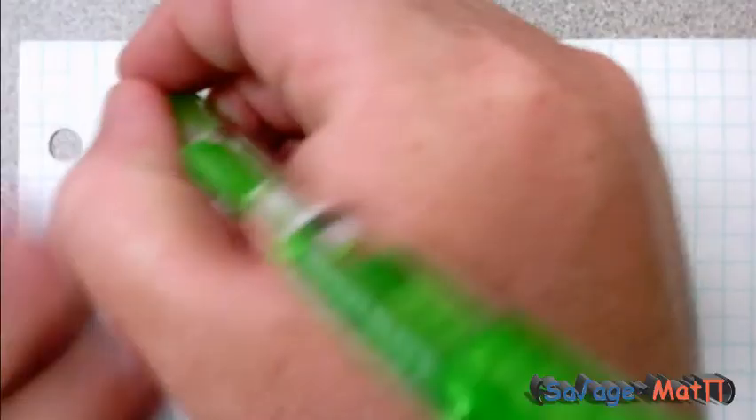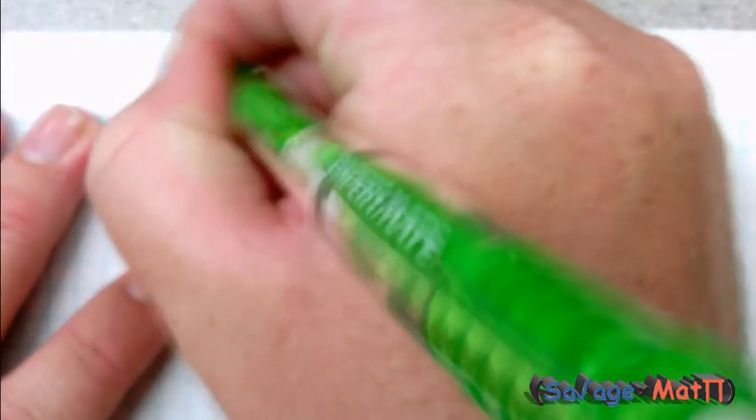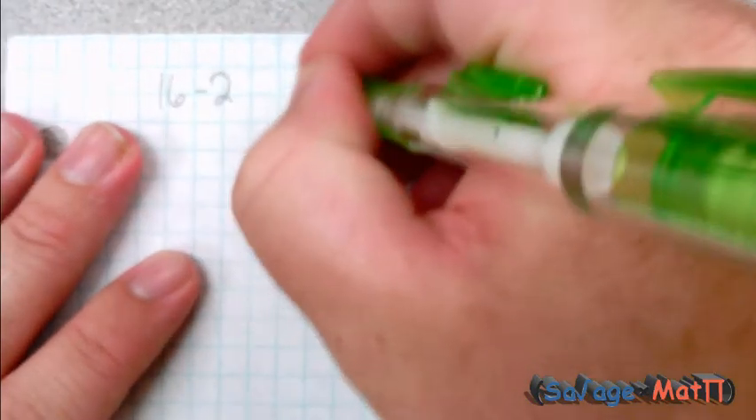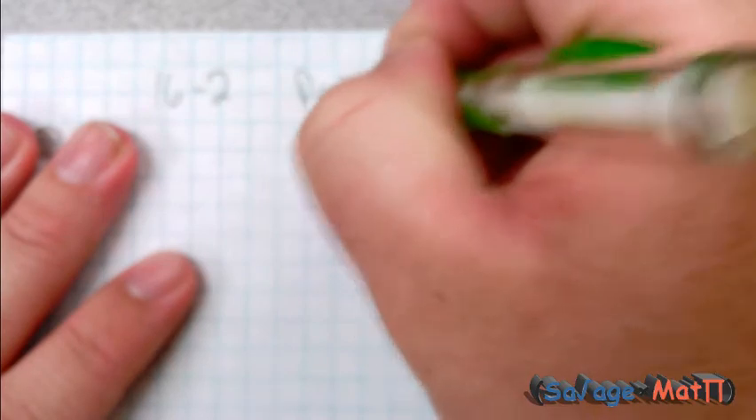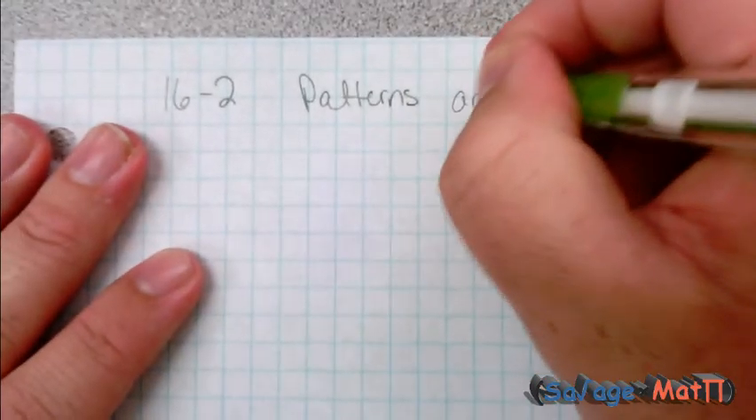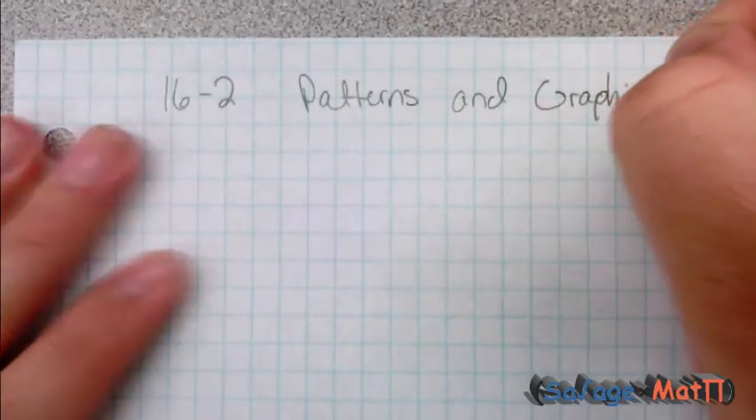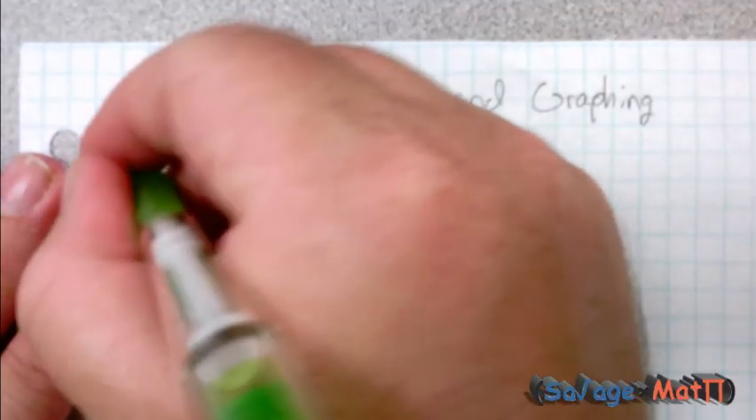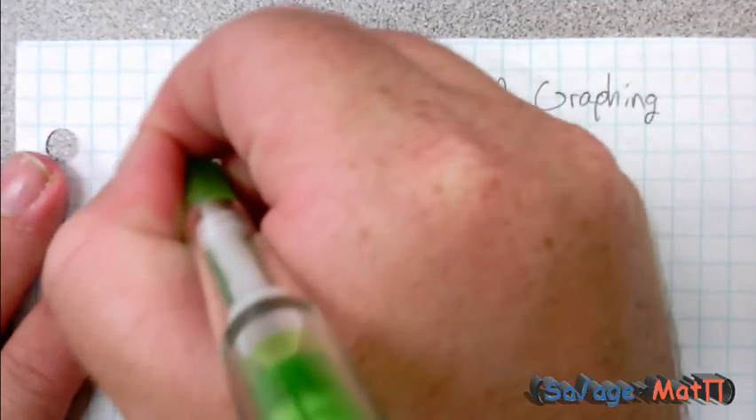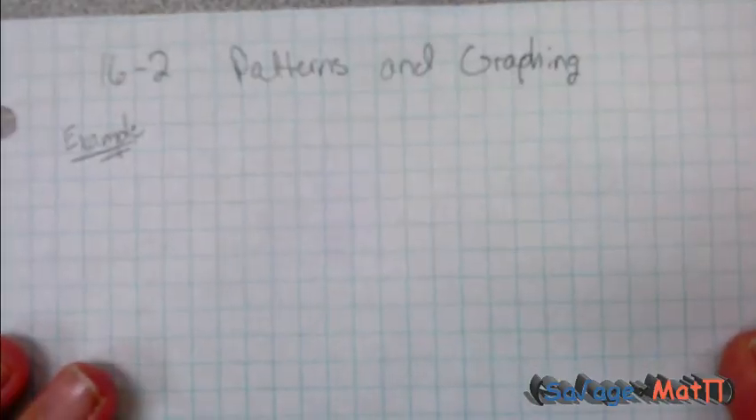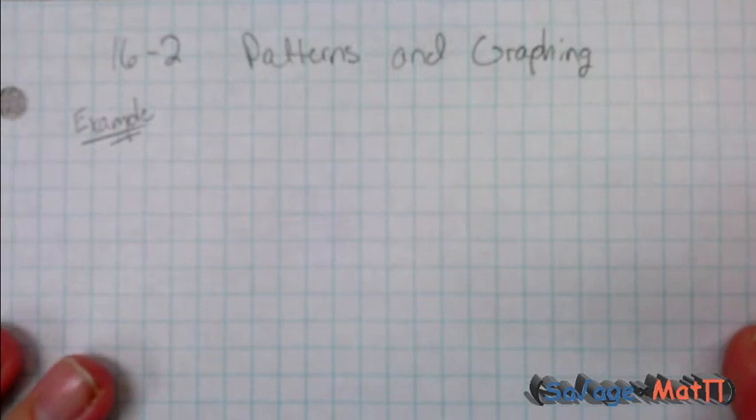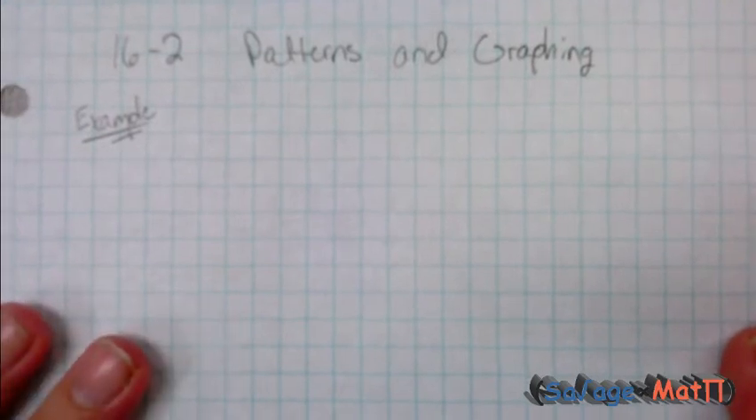Same thing on my graph paper, I'm going to have 16-2, patterns and graphing. And then I'm going to have an example. Now this example you can't find in your book, so you need to pay attention. The question is going to be,